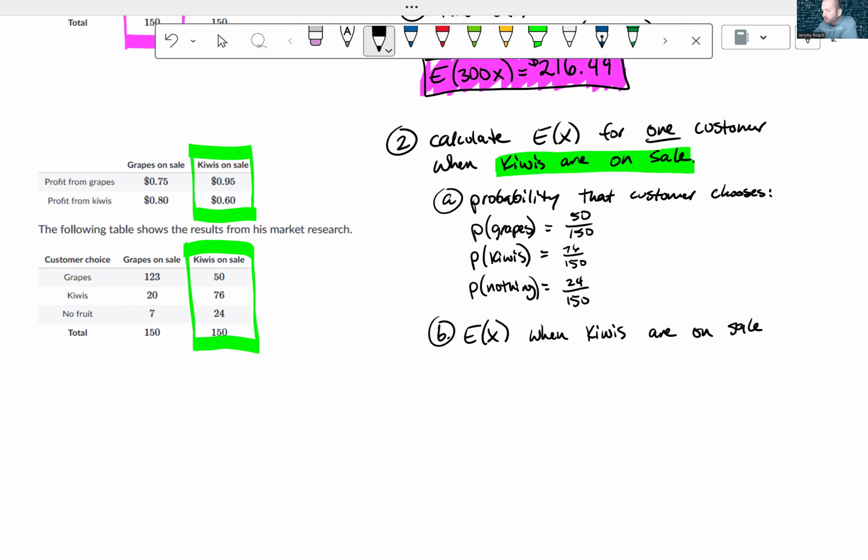Okay, so we're going to multiply the profit times the probability. This is profit, and I probably should have written the last one like this. Profit times probability, and kiwis are on sale. So the profit from grapes is 0.95 times the probability of grapes, which is 50 over 150,